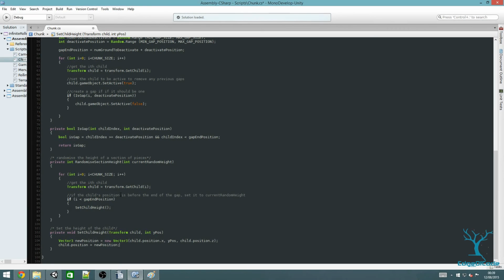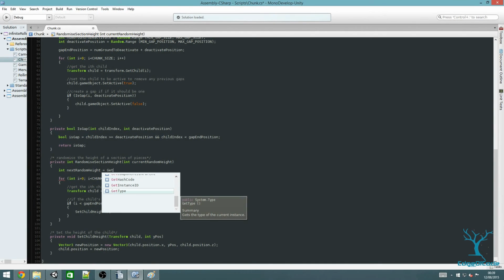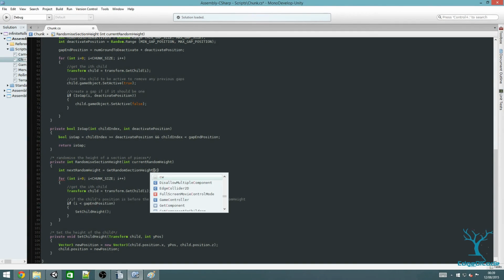Okay, so next we want to get a new random section height for the rest of the chunk and for the start of the next one. So to do this, in randomise section height, create a new variable. It's an int and call it next random height. And to set this, we're going to create a new method called get random section height. And we're going to want to pass through current random height, so that we can make sure that the new height isn't too different from the old height, to make sure that the character can jump onto it. Okay,